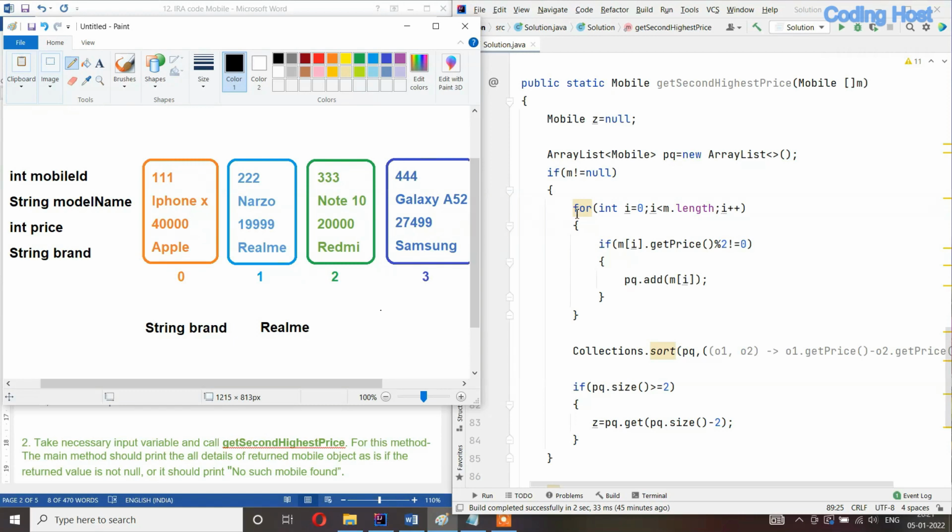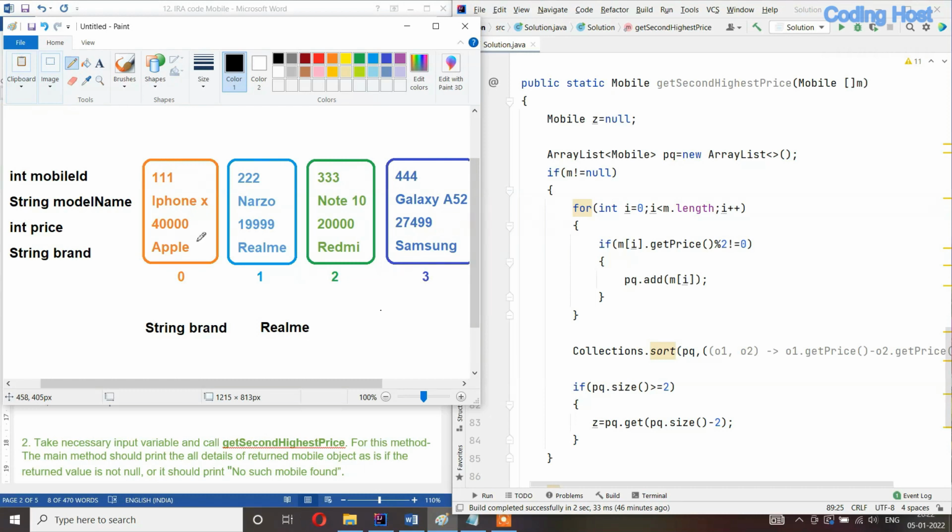So first we have to run a for loop for checking the objects which have the odd price. Then we will use a counter variable, so it will tell us the size, and then again we have to use a for loop for inserting objects in that object array. But in case of an array list we are only using a single for loop. After that I will check that if m is not equal to null, then we are storing the object which has the price value as odd.